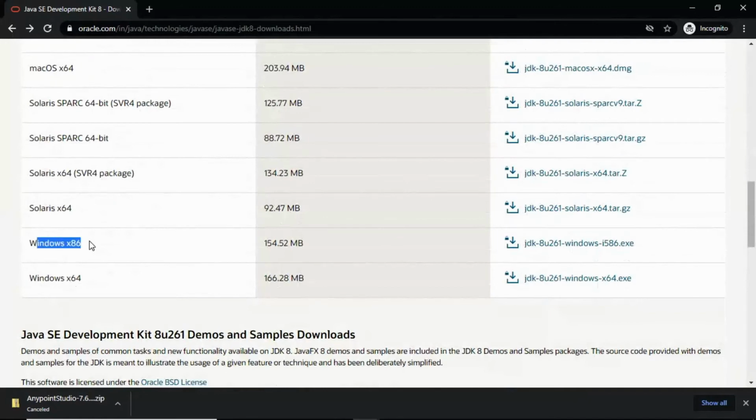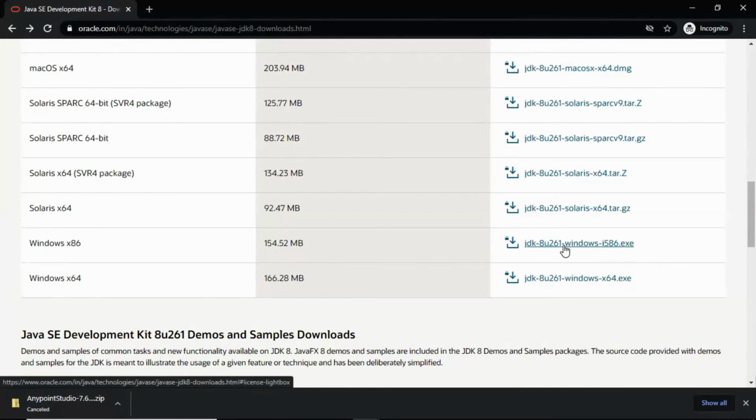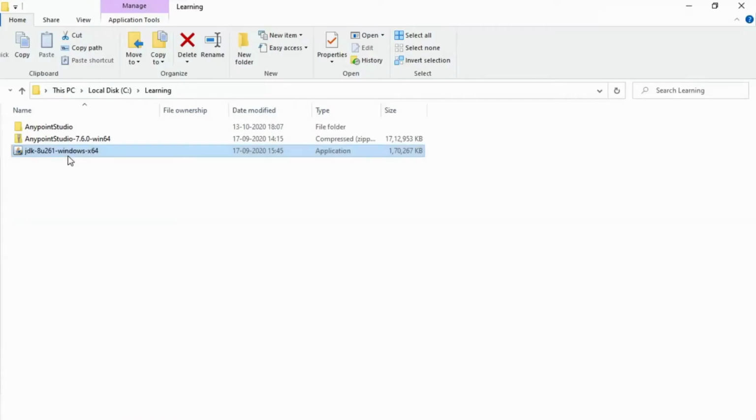I have a 64-bit machine. If you have 32-bit, just download x86. Once Java 8 is downloaded, keep it in some folder where you can easily access it.